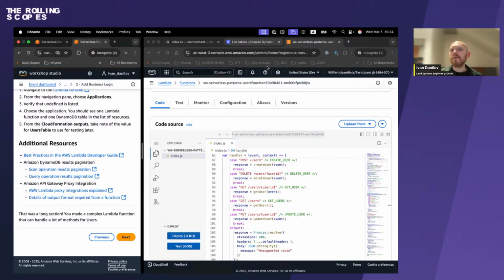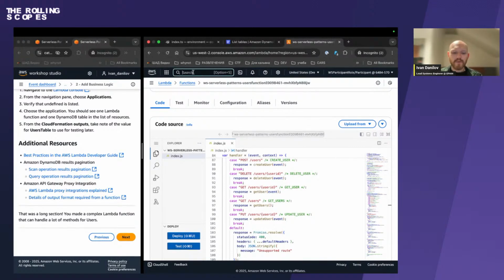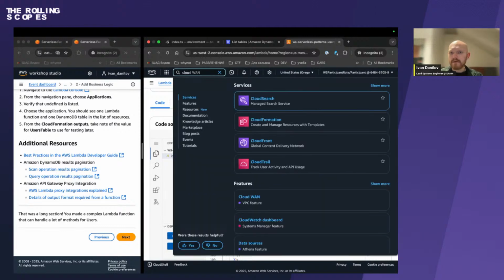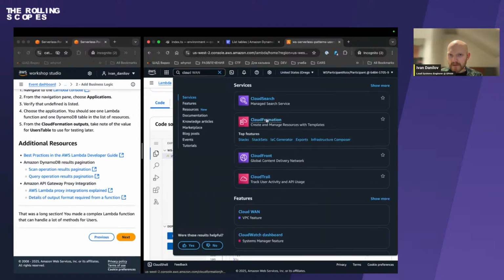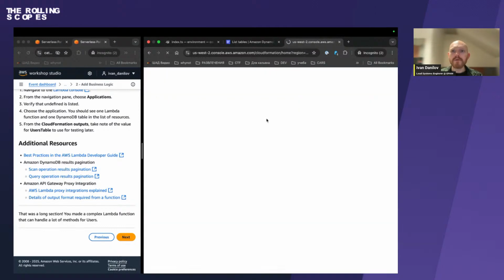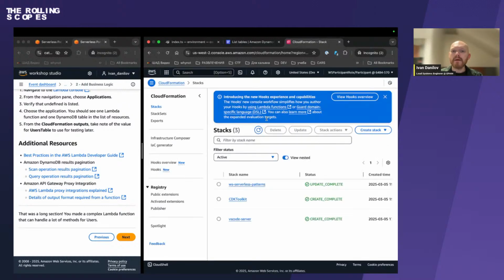And oh yeah, let's see what I was telling you about CloudFormation. As you remember,